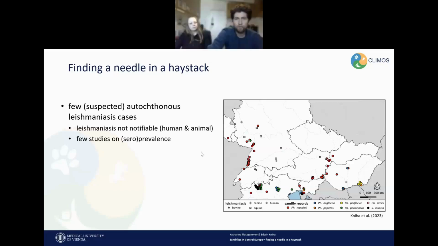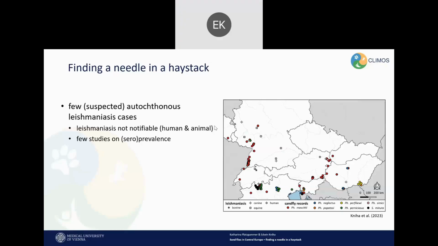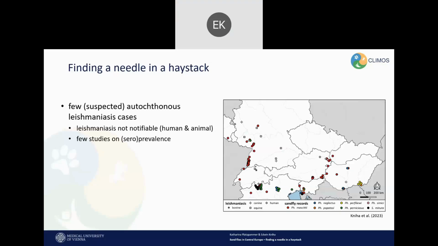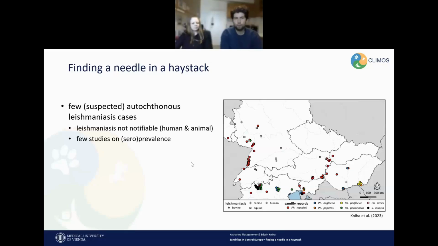Why? Because there are probably not as many cases as in other endemic countries, and surely Austria and Germany are not considered endemic countries for leishmaniasis yet. But also because leishmaniasis is not a notifiable disease, not in humans and not in animals, and we only have a few studies on the prevalence and the seroprevalence of leishmania in humans